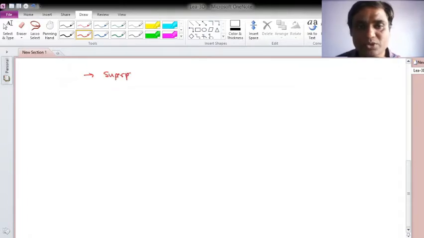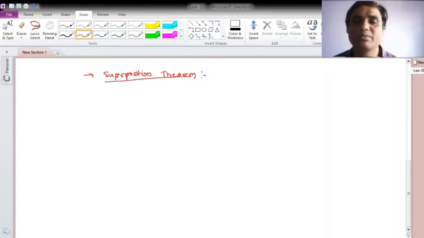So basically what is superposition theorem? Superposition theorem will be applicable only when your network or circuit is linear. So this is only used for the linear circuits, and basically it is the sum of the weighted responses. For example, suppose I have 3 voltage sources and 3 current sources in my network, and suppose I would like to find out the particular voltage and current for one branch. At that time what to do, you use one source and nullify all other sources and find that current or voltage for the particular branch.